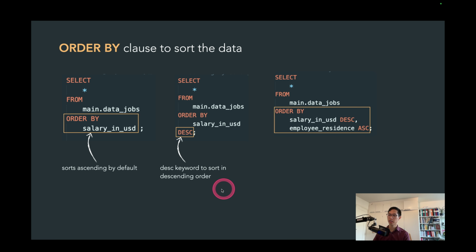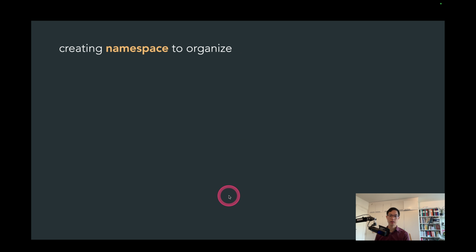I don't show the data here because this is just the theory part, and we will show the data when we do the practice, the code along. So here we sort by the first column descending. If there's a tie, it sorts by the second column ascending. And